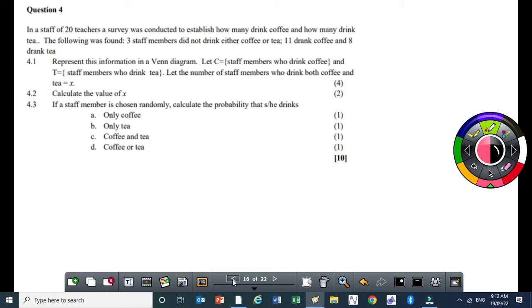Now, unfortunately for this question here, we are not told how many drank both of them. So we have been instructed to let the number of staff members who drink both coffee and tea be X. So our Venn diagram